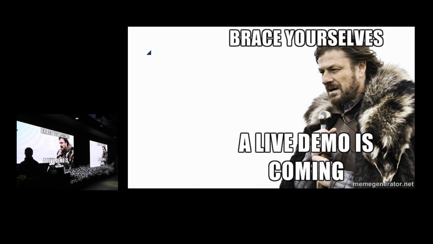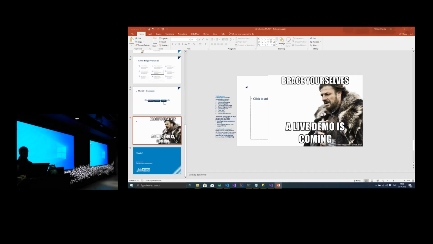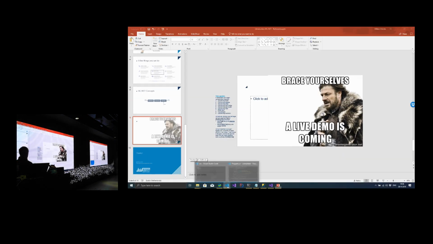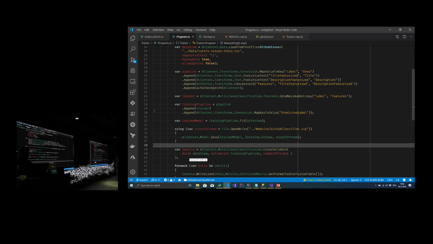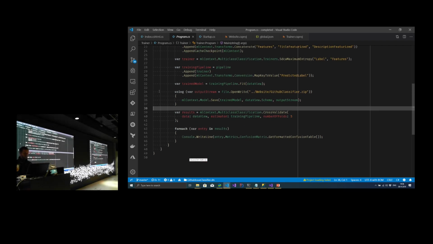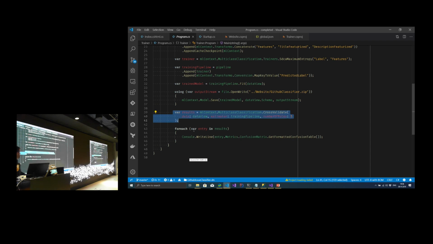Yeah. Yes? Do you get any model feedback, like the performance or metrics? Yeah, actually you can. You can get that out of there. So I haven't shown you, but in my trainer program, I actually call this code cross-validate. Let me move away my mouse. I can use cross-validation. I can use normal validation methods. So if I have a test data set, I can run that through the model and see how well it's doing.